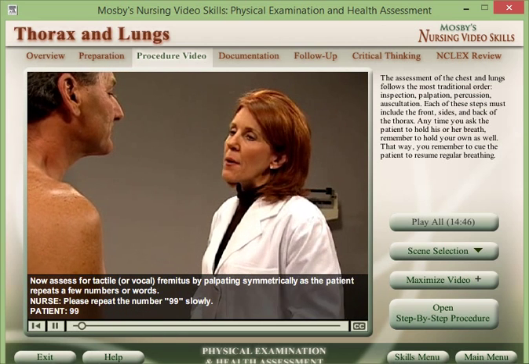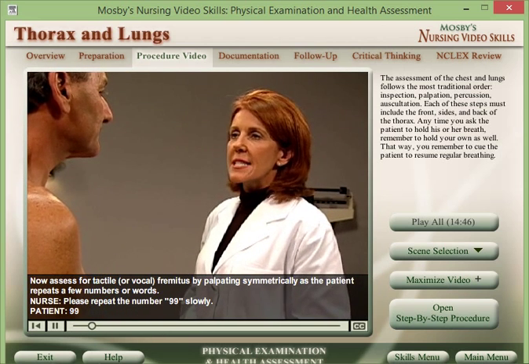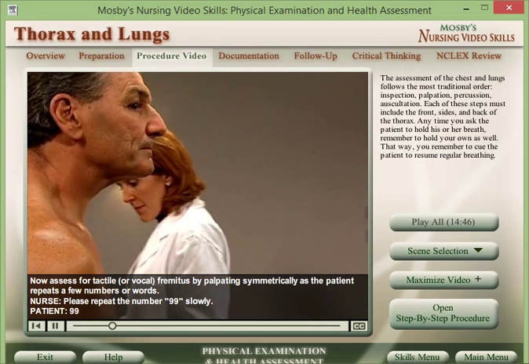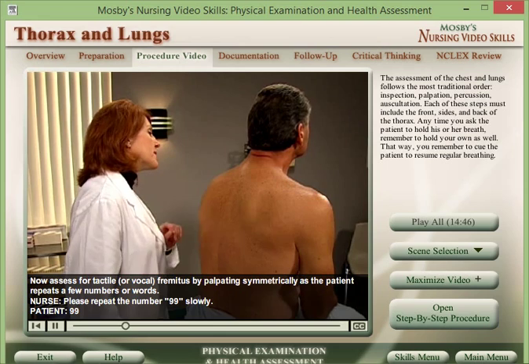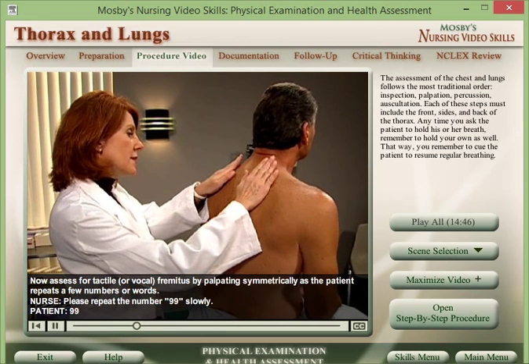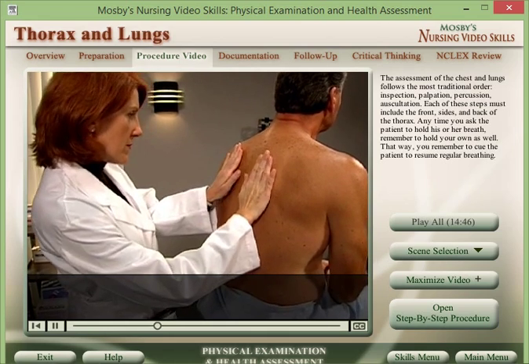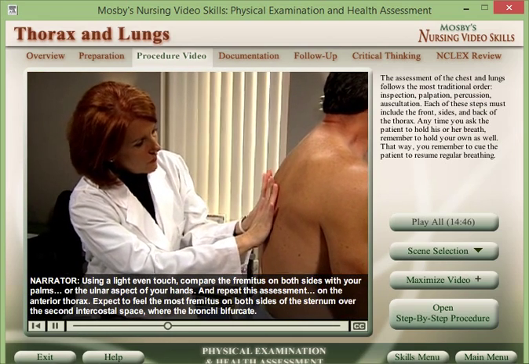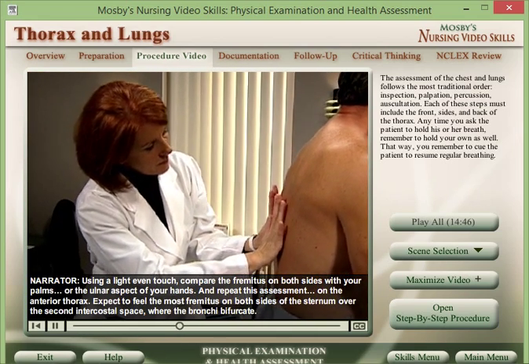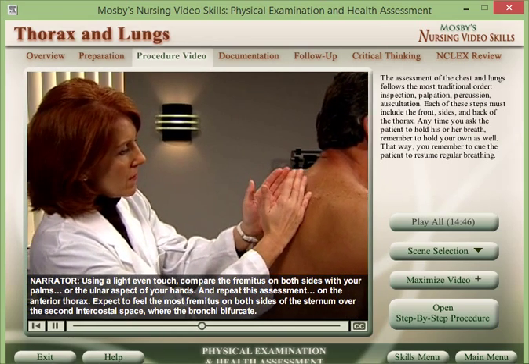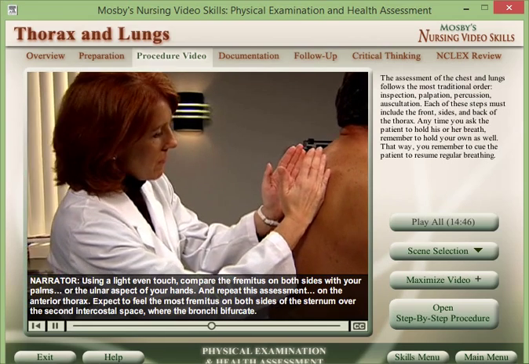Now assess for tactile or vocal fremitus by palpating symmetrically as the patient repeats a few numbers or words. Please repeat the number 99 slowly. 99, 99. Using a light, even touch, compare the fremitus on both sides with your palms, or the ulnar aspect of your hands. 99,